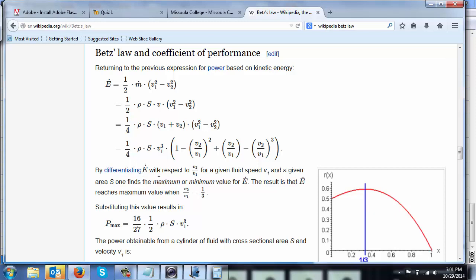And this is the tricky part. I don't expect you to necessarily understand this. This is something to just take home and digest a little bit. But differentiating the power with respect to the ratio of the two velocities. So really all he's done here is come back and say, I don't really care that much about what the